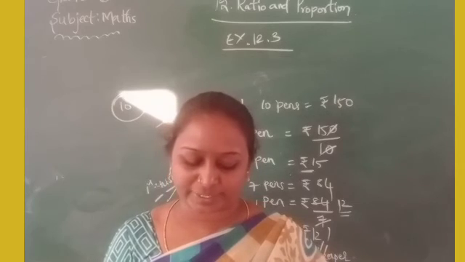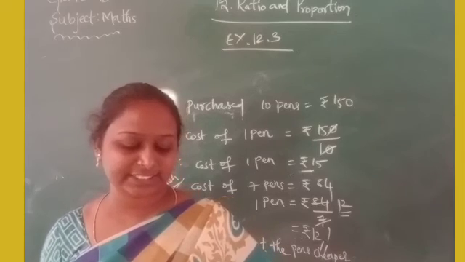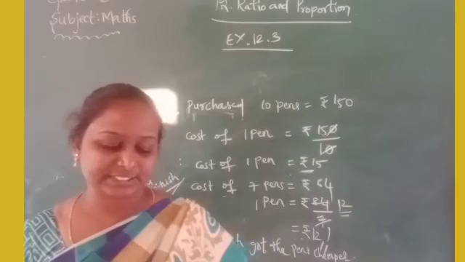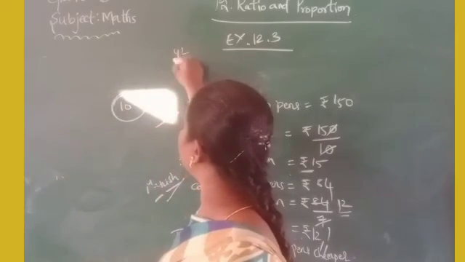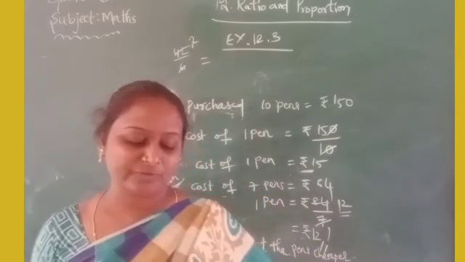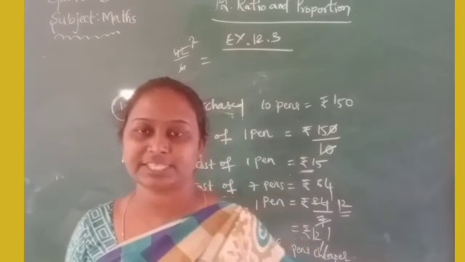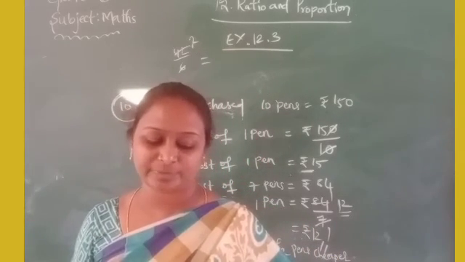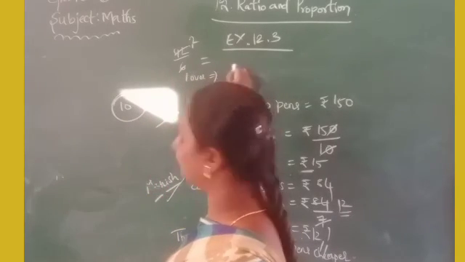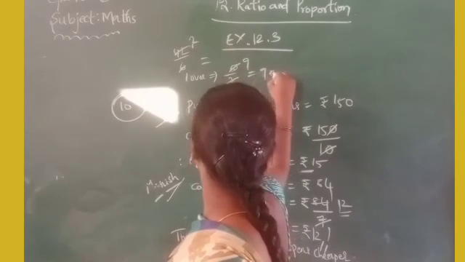7 overs. Who made more runs per over? So in 6 overs, how many runs has he completed? 42 runs. In 1 over, how many? Very good. 1 over means 42 by 6, that is 7. Okay. For 6 overs 42 runs, for 1 over 7 runs. Similarly, Anup also made 63 runs in 7 overs. Okay, 1 over for Anup, that is 63 by 7. 7 nines are 63, so 9 runs.